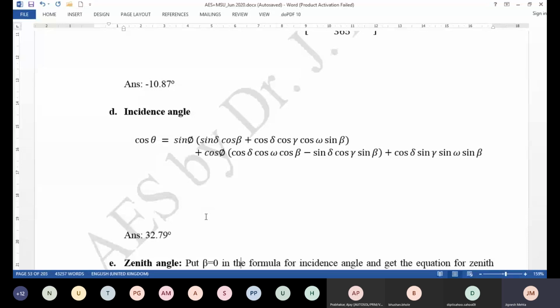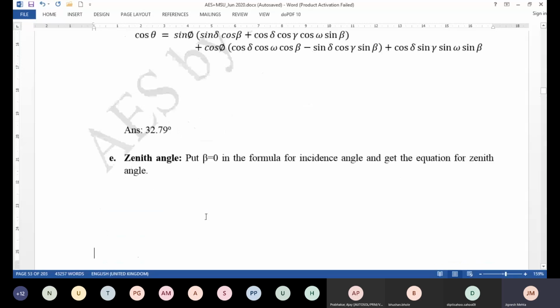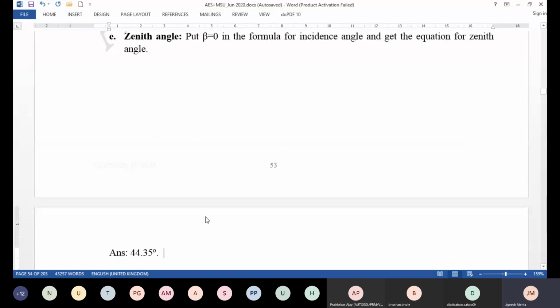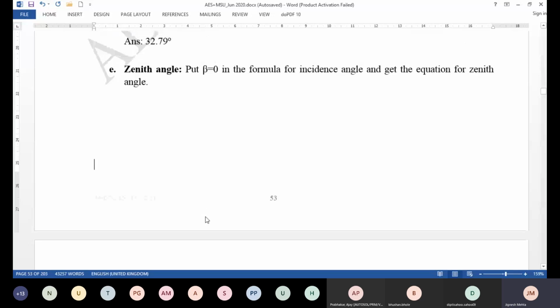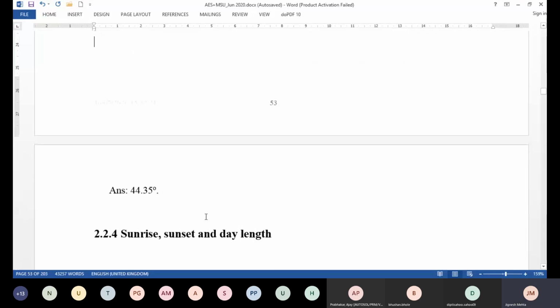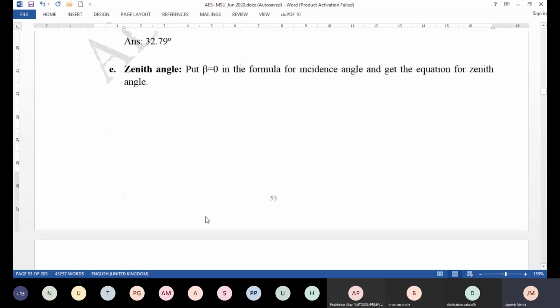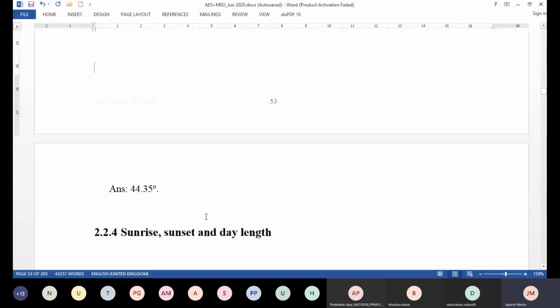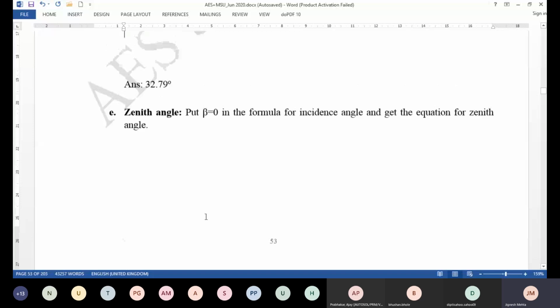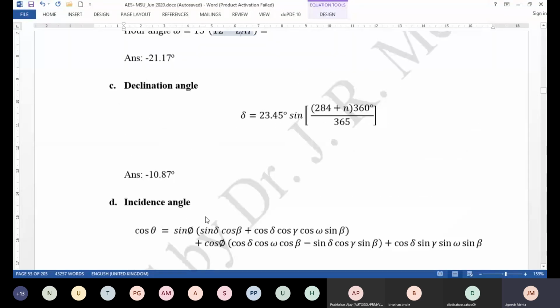Incidence angle is roughly 33 degrees, you can say. And then if you use the formula for zenith angle, you will get 44.4 degrees. So let's just remember these two numbers. I hope you can do the calculations, and with the help of these numbers, I would just like to explain something. Let's go back to the diagram which was used to explain various angles. So what is the incidence angle? You can say 33, and what is the zenith angle? 44. So remember these two angles, 33 and 44.